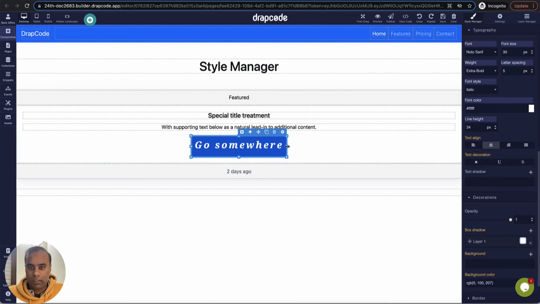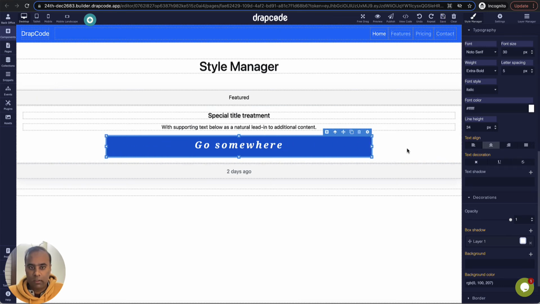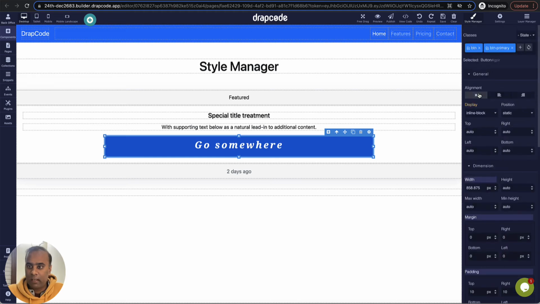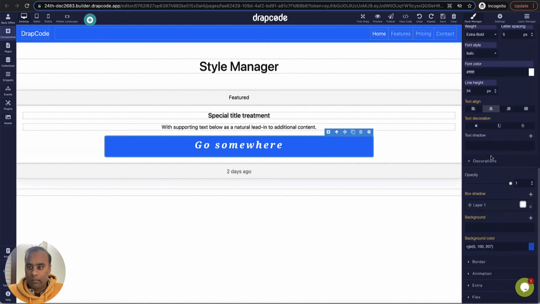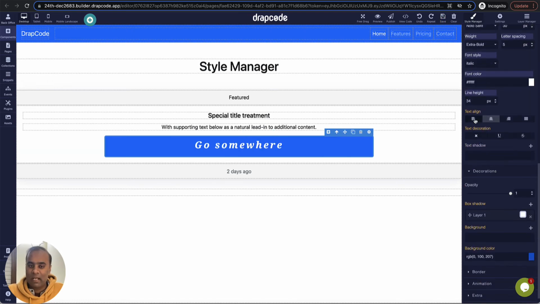So let's increase the size of the button so that you can see whether it is left aligned, right aligned or not. Once you choose an alignment, it moves the text within the component. If you choose this float, left and right alignment, this is basically the movement of the complete component, while this text line is the alignment of the text within the component. So as of now, center aligned. If I make it left aligned, right aligned, justified, center line, underline, not underline,